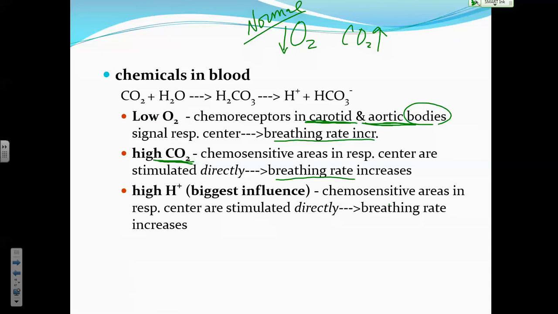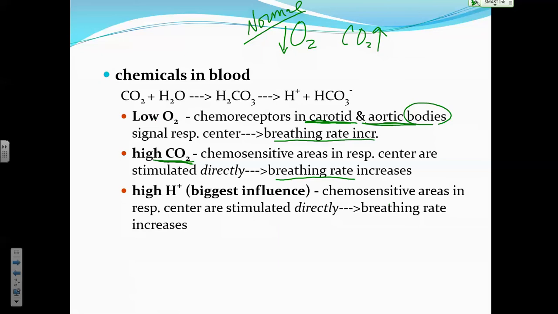If your cells have used oxygen, they've used it in cell respiration, haven't they? And a byproduct of cell respiration is what? CO2. So then that CO2 moves into the blood. So as the blood oxygen lowers, the blood CO2 rises. Does that make sense? So do you see how indirectly an elevated CO2 is an indication that you don't have enough oxygen? So an elevation of CO2 will also cause your breathing rate to increase. That makes sense. Do you see that?